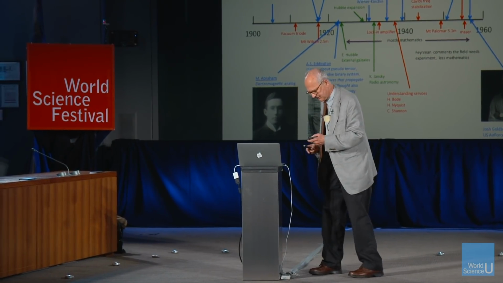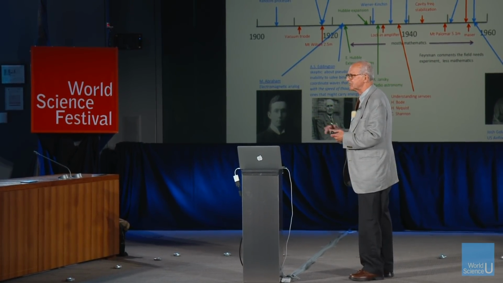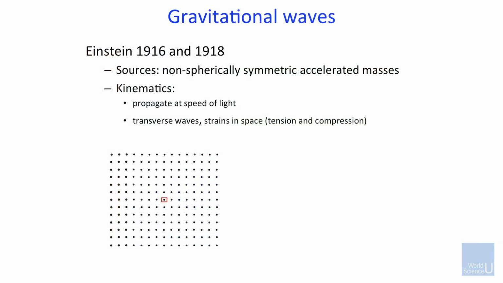Now, Einstein's theory developed out of special relativity, and it was a theory that did not have a gravitational force. It was a theory in which space gets deformed by mass, and then when that deformation has taken place, the masses, the things that are in it, move because of the deformations. In other words, space tells mass how to move around. So it's a completely different idea. It's a geometric idea, a geometrization of gravitation. That was the big thing that Einstein did, and I want to get immediately to the notion of gravitational waves.